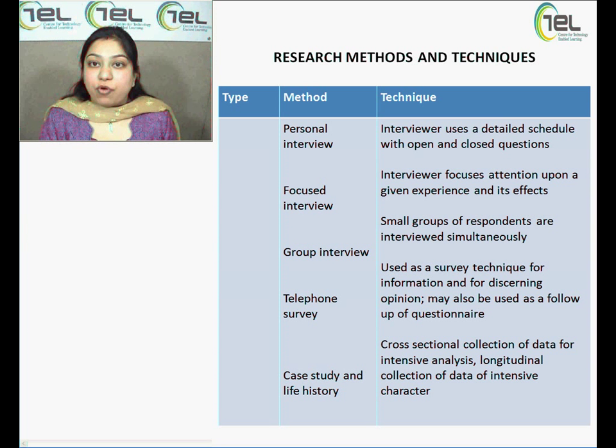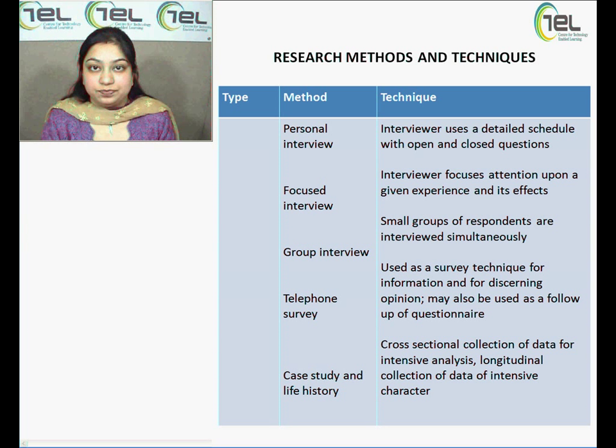The technique followed in the personal interview method is that the interview uses a detailed schedule with open and closed questions. Open and closed questions are a set of questions which a researcher frames earlier and then tries to seek answers to from the respondent. An open questionnaire is one where the researcher leaves it to the respondent to answer, where there is no hard and fast rule that he has to answer yes or no,